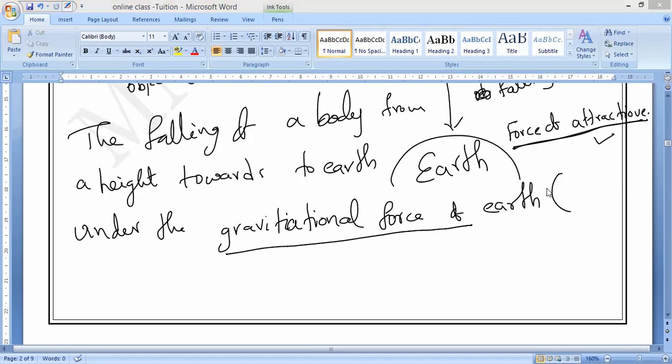Which stone reaches the ground first? According to you, the small stone, because its mass is less, so more acceleration. Is it yes, guys? So if I drop two stones from a certain height, one a big stone, another one a